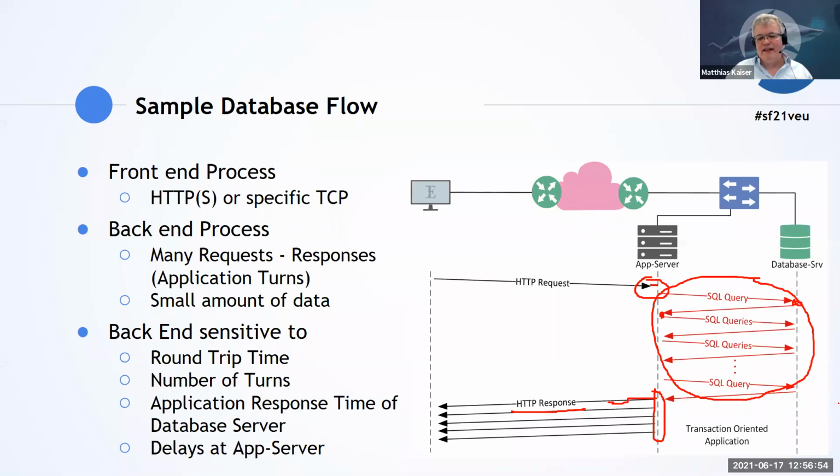I would rather then look at the back end. I would look at the backend traffic overall over a certain period in time and look for some large delta times within that, number of turns, round trip time. Make sure that you don't lose any packets there, and please ensure that app server to database server and back